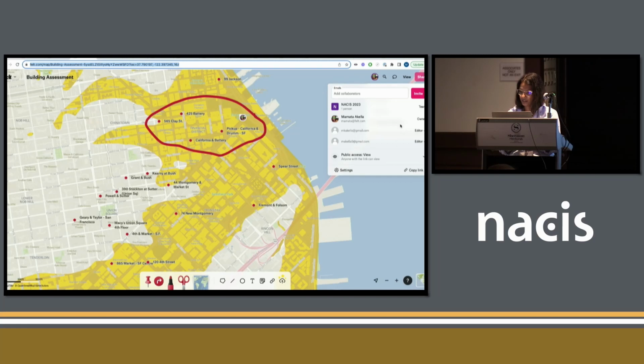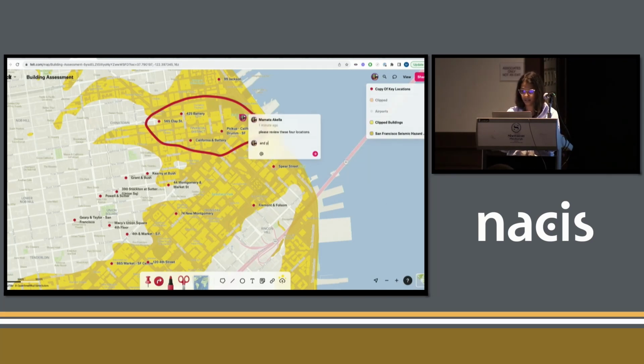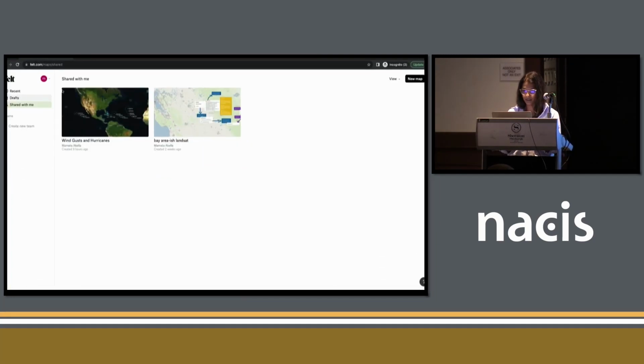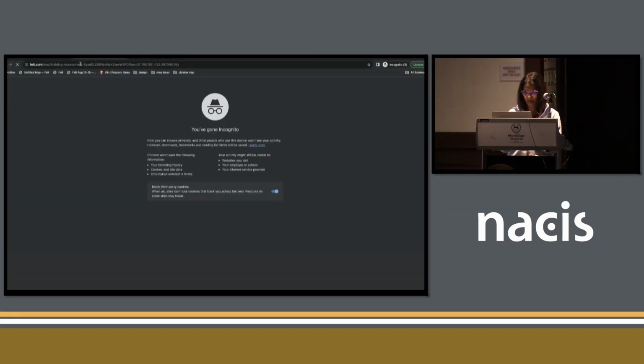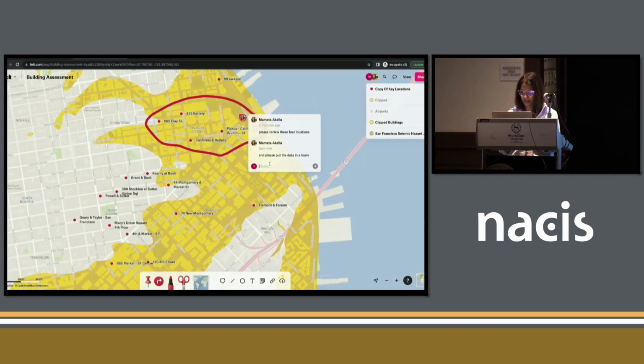So here, when I'm doing share, there's different settings. There's none, view, anybody with the link could only view and comment, view, comment, and edit, but I want all options because we're collaborating on this together. And then I also want to tell her, and please put the data in a team. Okay, so if I had shared this properly, it would show up in my shared maps here, but I didn't, so I'm going to go over here, and now I can respond to her and say, okay,